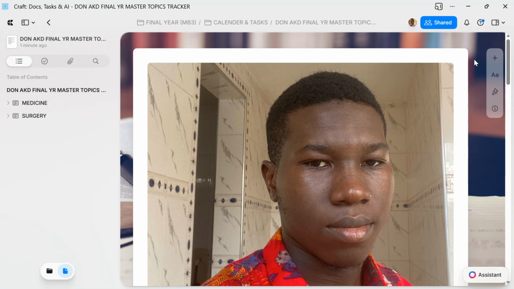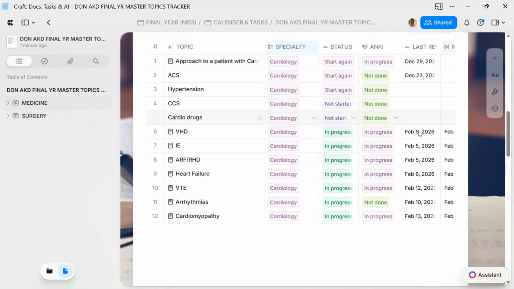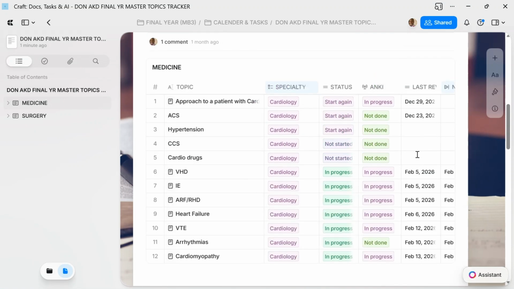And so you want to be able to reduce your stress. Today I don't think about what to study. I just open it and I see I have to study cardiomyopathy, because that's what the tracker is telling me. And when I study it, I then put the next date in the future. And when you build consistency like this, it helps. All of these things that I'm